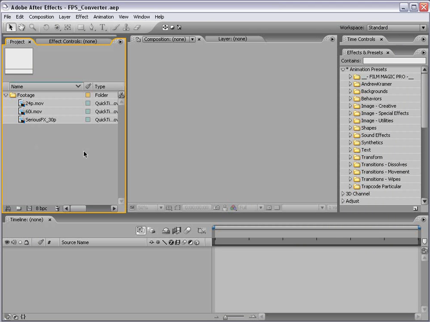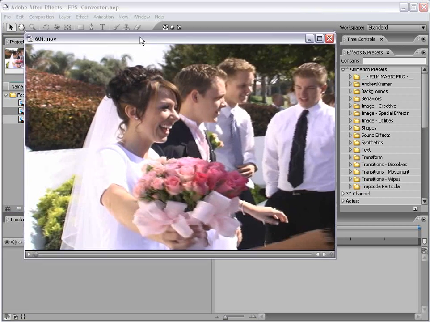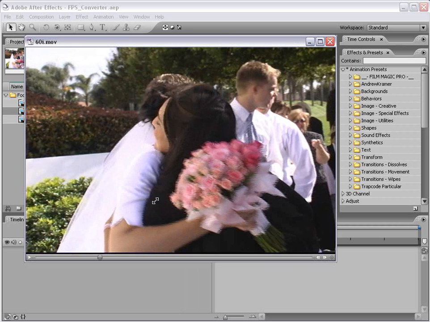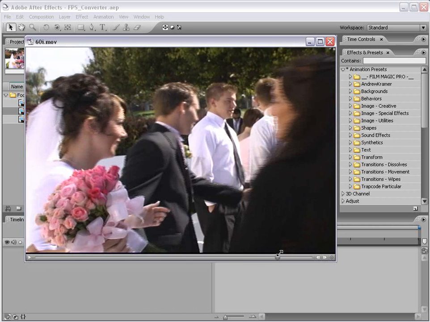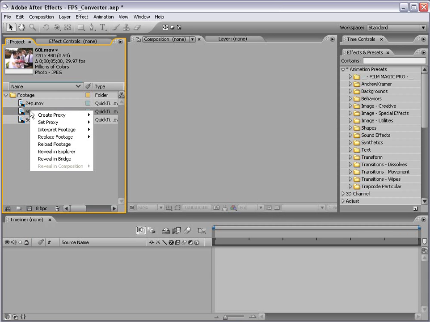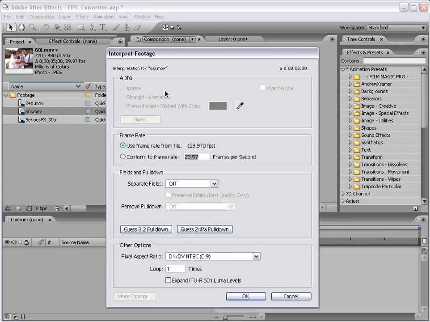Now, the first thing I want to do is convert this 60i footage into 24p progressive. As you can see, this footage is interlaced. The first step in this process is to right-click on your footage and choose Interpret Footage, Main. Our actual frame rate of this footage is 29.97, and we have this option to conform to frame rate. In this case, I want to convert this footage to 24 frames per second NTSC, so that actually computes to